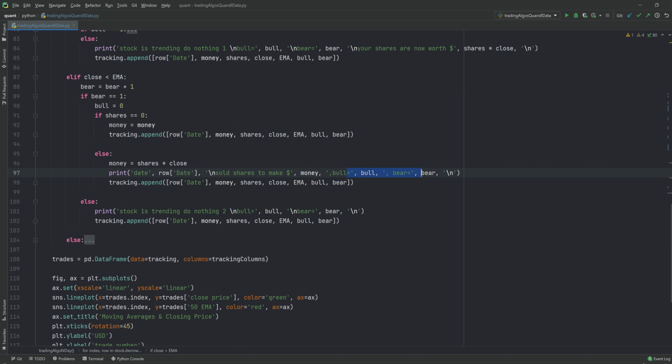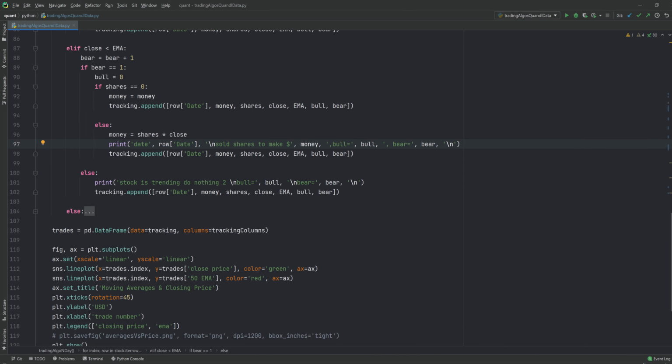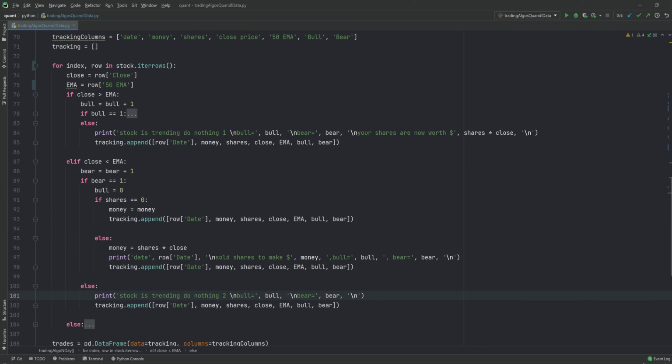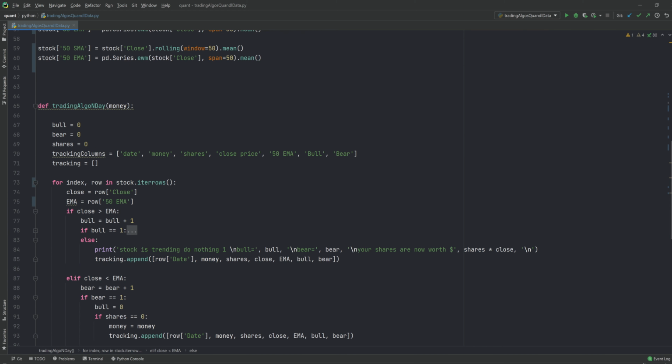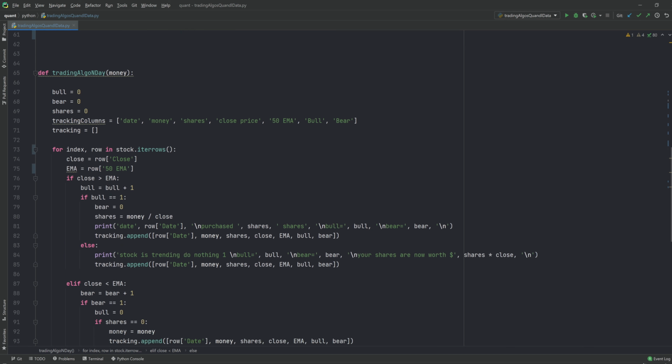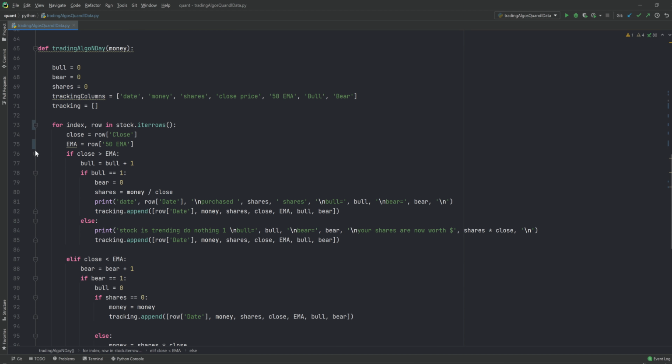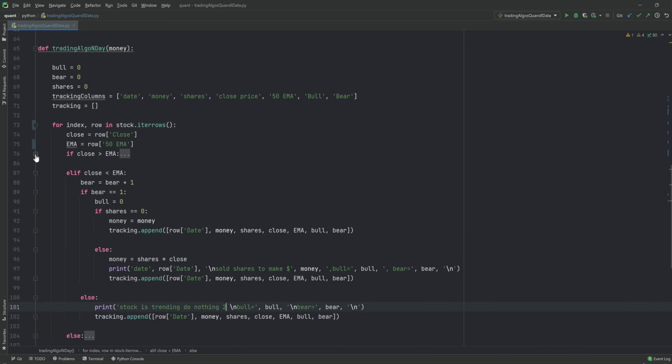And it prints out the counters. It's pretty simple stuff. And then again, append the data to your list so you can track it. Else, so if bear is not equal to 1, it bypasses all of this stuff and comes down here. The stock is trending, do nothing, 2. So this is the same as the stock is trending, do nothing, 1, right? So we don't want to constantly buy in or keep trying to sell if we're already in or